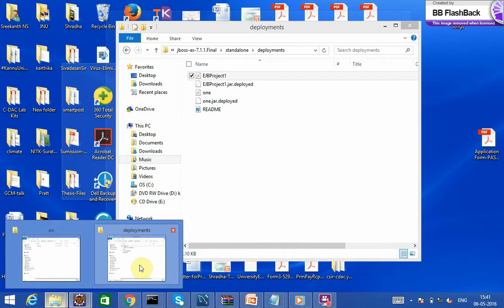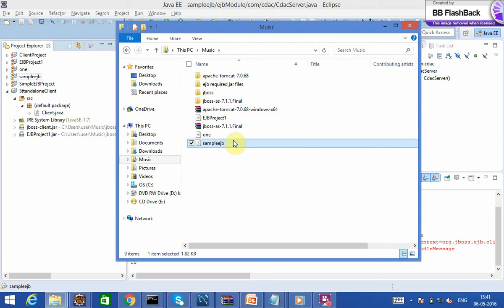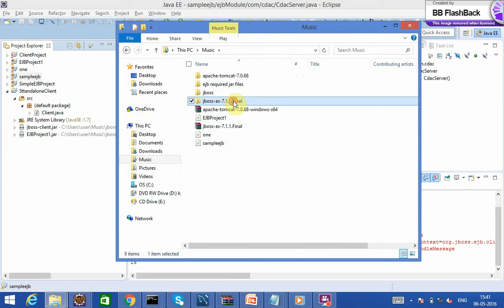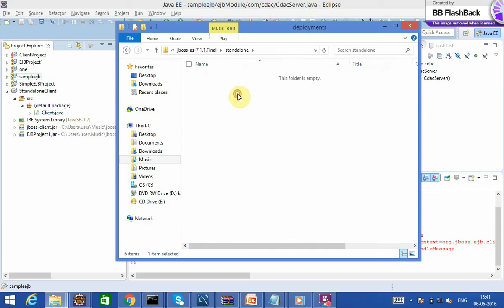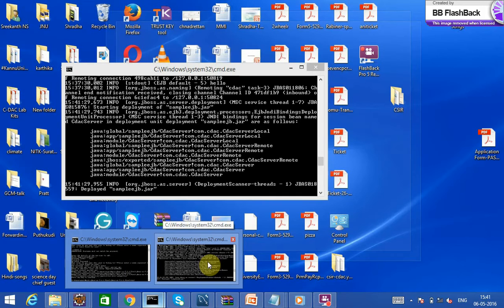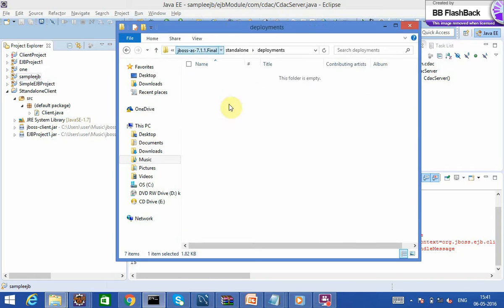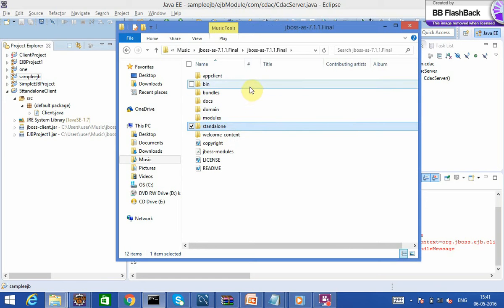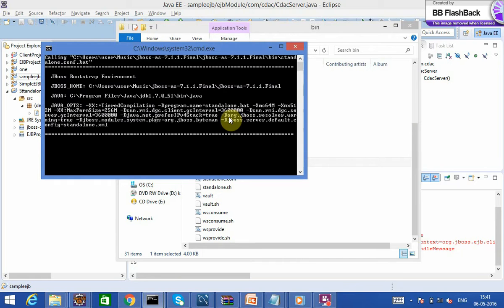Now select the sampleEJB, put it into your JBoss standalone deployments, and you can start your server. So here, JBoss final bin, standalone.bat will start your server.